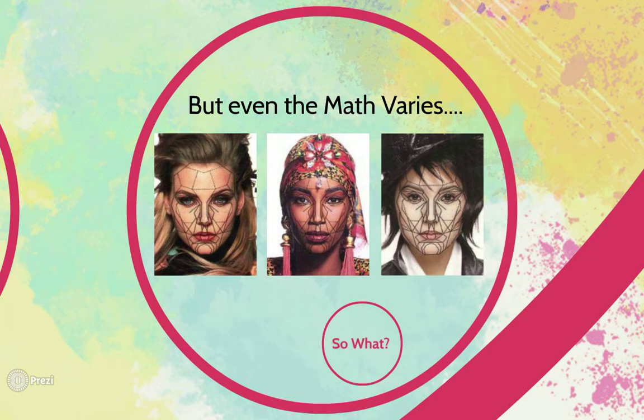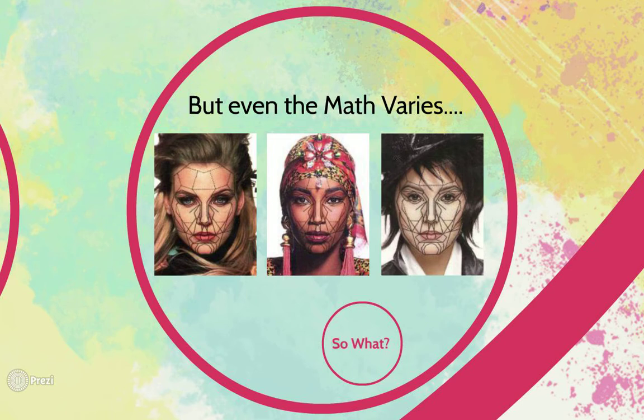And this is how anthropologists are able to decide where a set of remains or a person is from based on their skull structure. So even if we apply the mask to different skull structures, it creates a different face. Although all of them are still beautiful, it is different. And so again, this is now showing that culture is again above math.